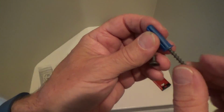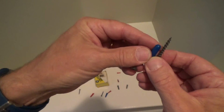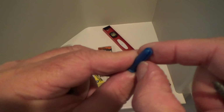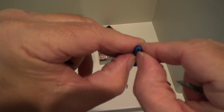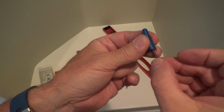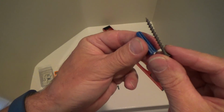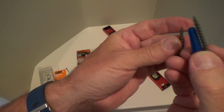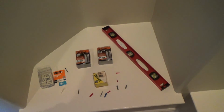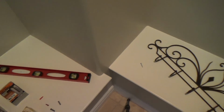Okay, if I use this screw here, can you see it's going to go further than this plastic anchor? But the reason on this plastic anchor, there's slits on the side, wide open, and this will break apart when you take a screw longer than the plastic anchor. So yeah, if I was using this anchor, I would use this long screw, more so than the smaller screw. The smaller screw would fit, okay? But you first have to go through, we first have to go through the thickness of our coat rack